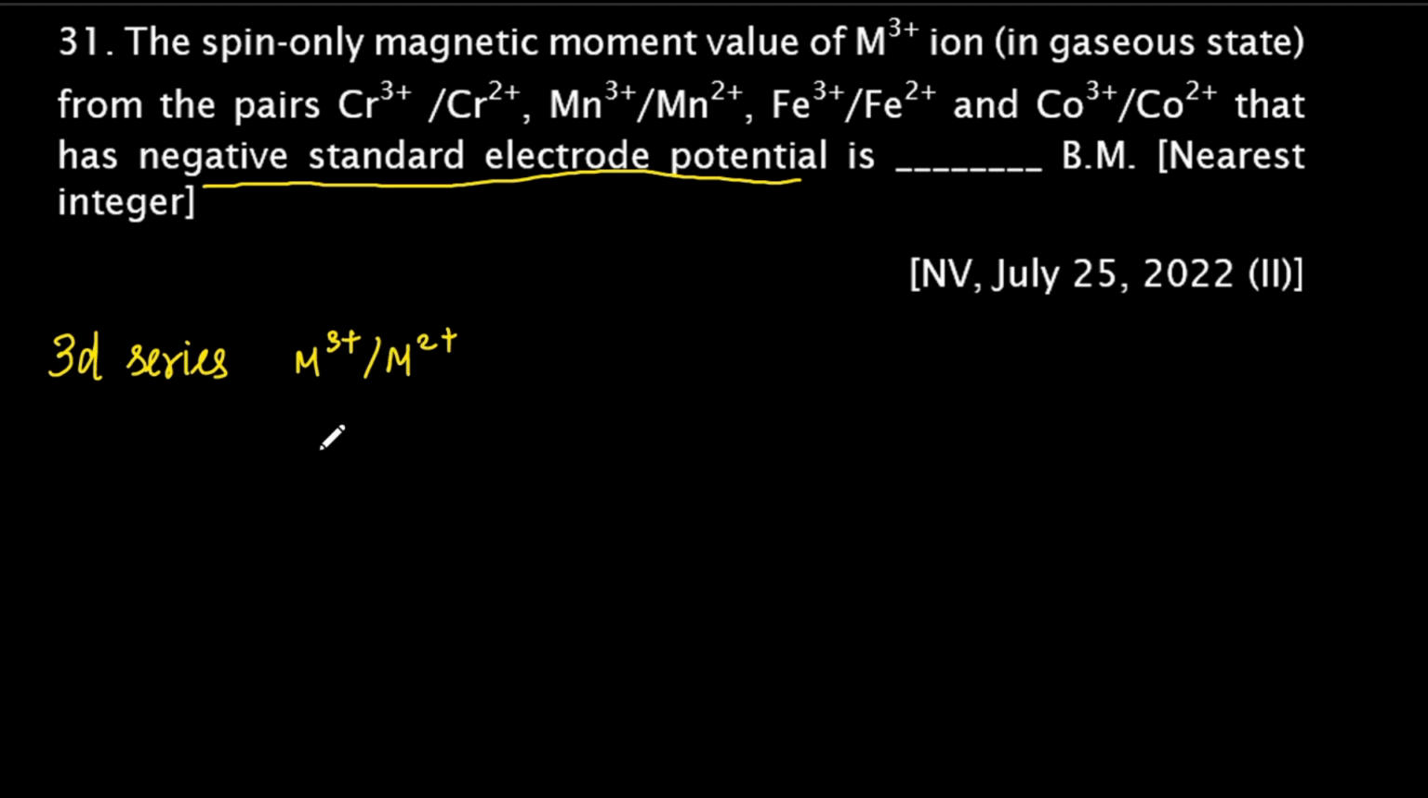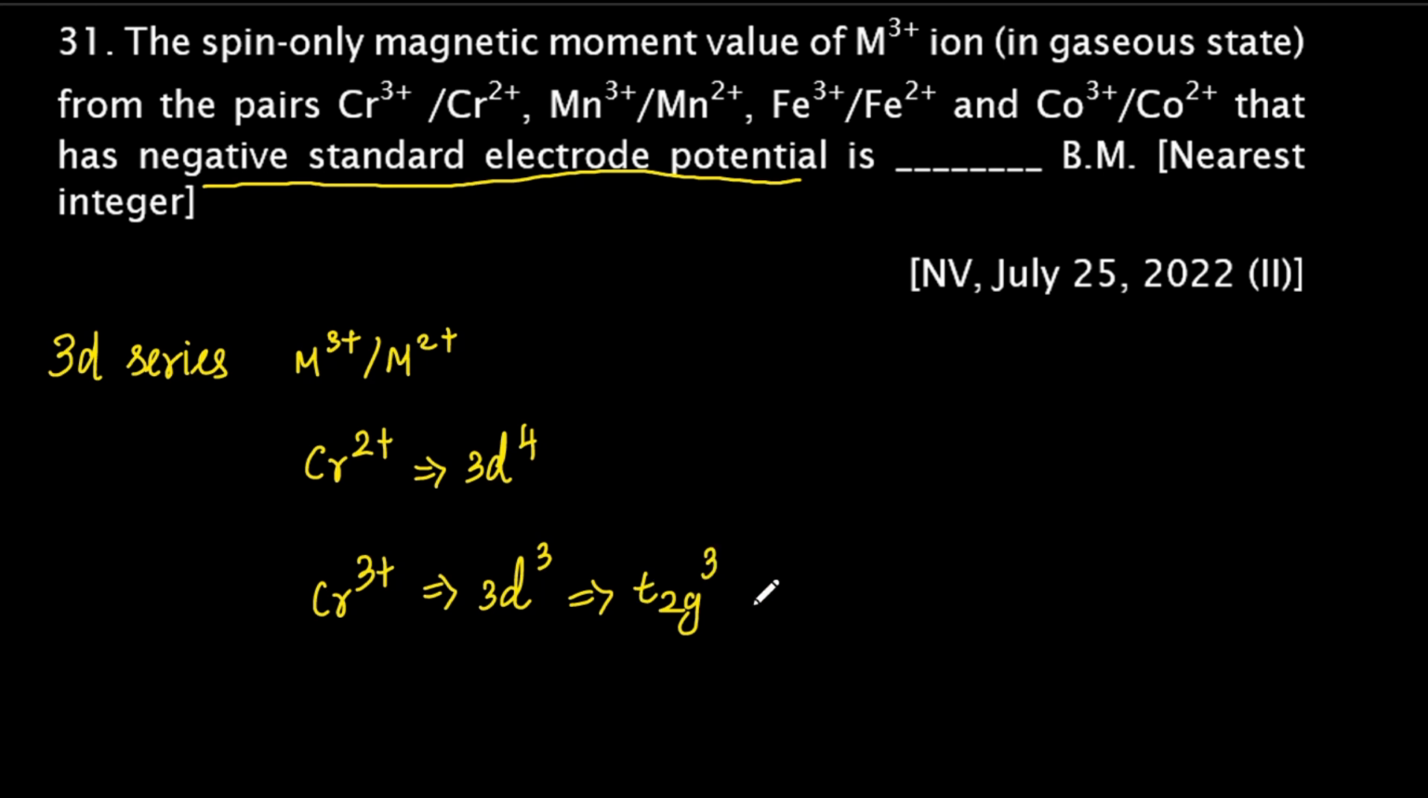So if we compare the Cr2+ electronic configuration with Cr3+, chromium in +2 oxidation state will have the electronic configuration 3d4. Chromium in +3 oxidation state will have 3d3 configuration, which is a half-filled t2g3 level configuration, and this configuration is more stable. So the Cr2+ ion easily loses one electron and is converted to Cr3+. So the electrode potential value will be more negative